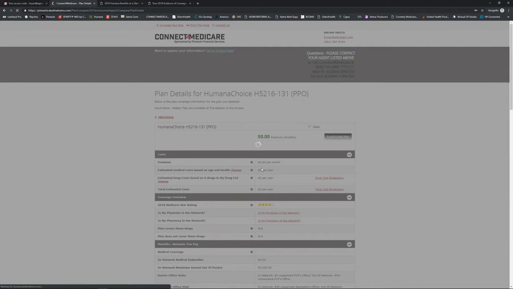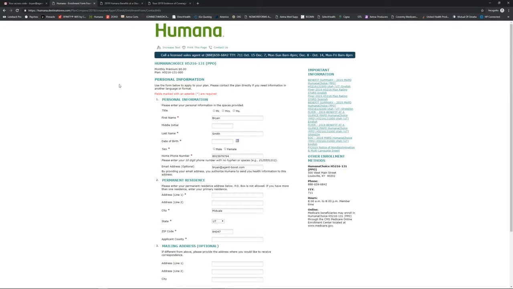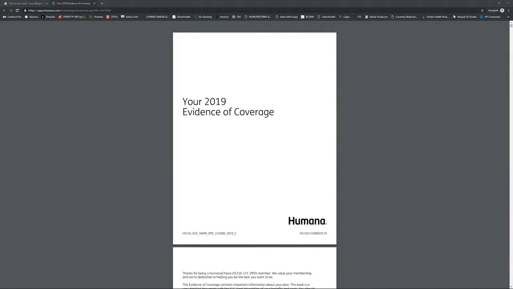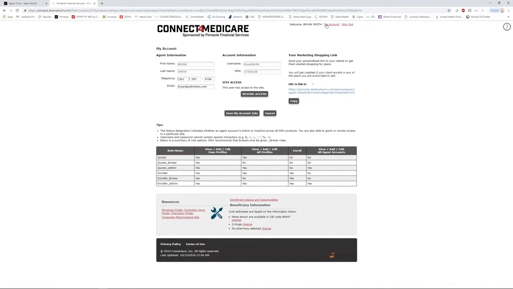One last thing is, I don't know how many agents on here today have established their own websites. But what I like is, once you log into your Connect4Medicare, you can go up here to where it says My Account. This is where you can change your information, change your password. But what you really want to have is access to this unique URL. This is a link that you can embed. As you just click copy, it'll copy this link, and you can take that and embed that into your